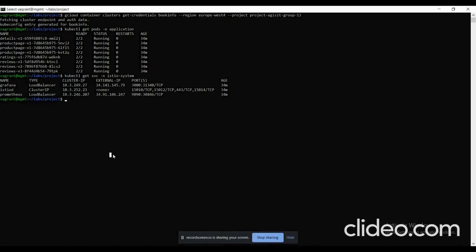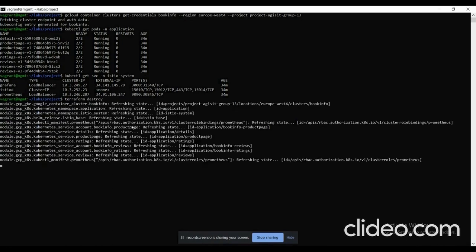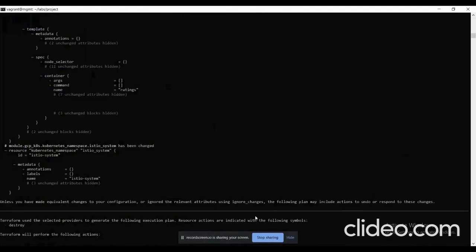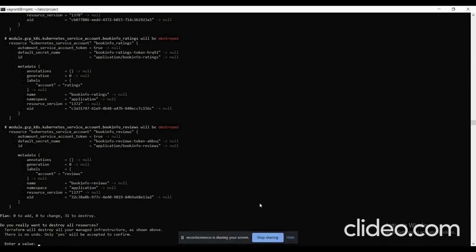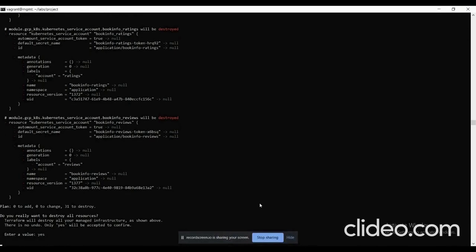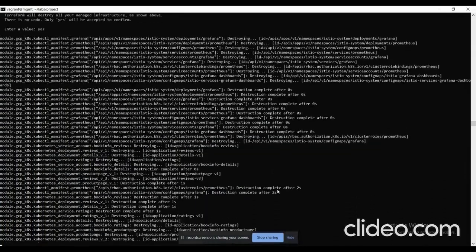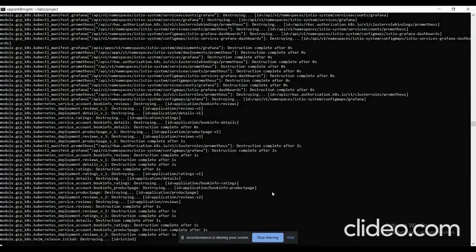Now that we have finished our work, we do Terraform destroy in order to remove everything from the cloud. So this will take some moments, and when it's finished, all the services will be removed from the cloud.